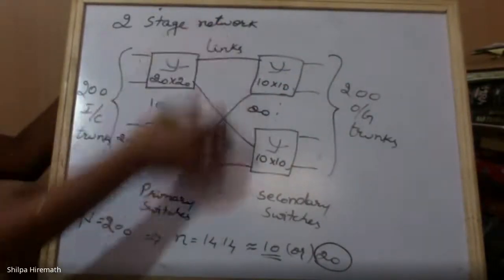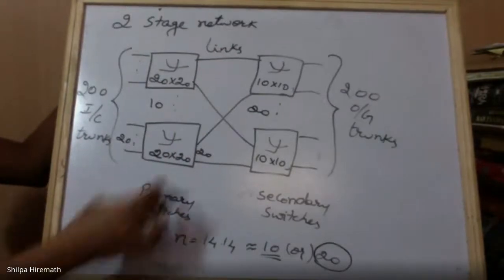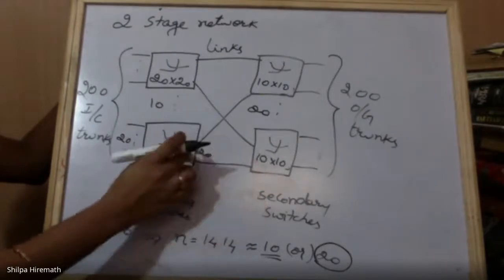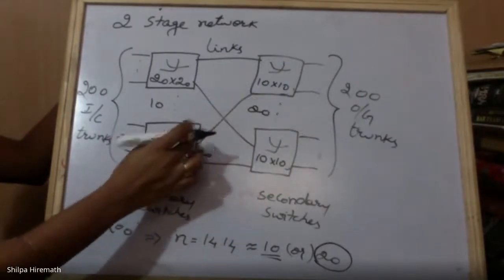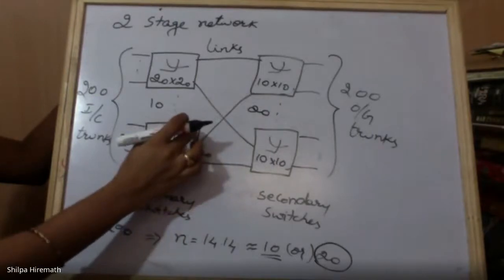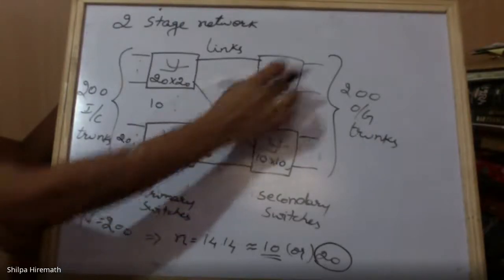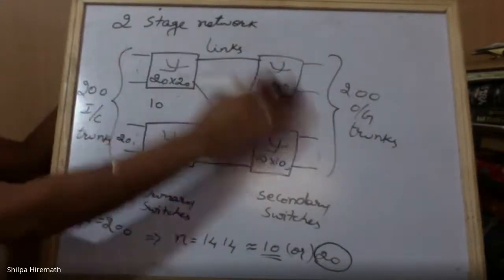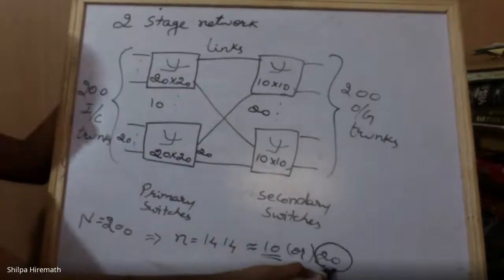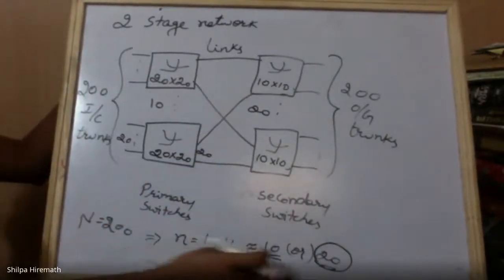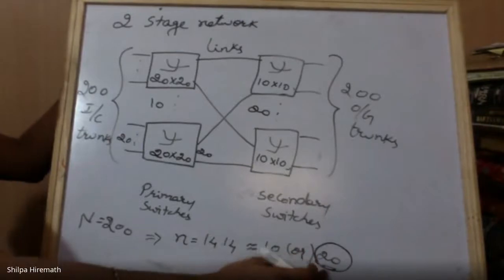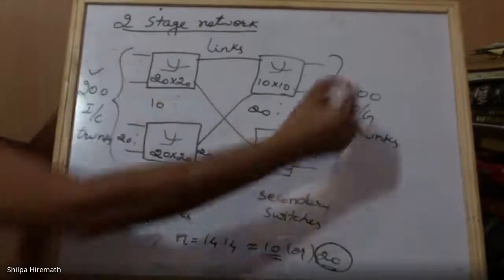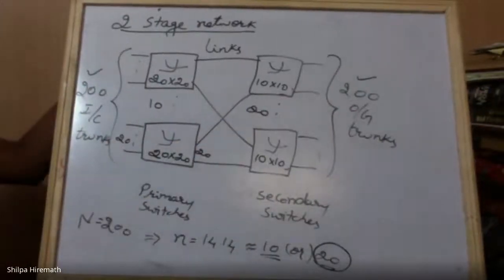Again, these are said to be links. Yes, so the first outlet of this primary switch is connected to the first secondary switch, second outlet to the second secondary switch, third to third. Similarly, the 20th outlet of a primary switch is connected to the 20th secondary switch. So this is one more design when you are considering n is equal to 20. Since you had two cases, n is equal to 10 and n is equal to 20, this is the design for a two-stage network given incoming is equal to 200 and outgoing is equal to 200.